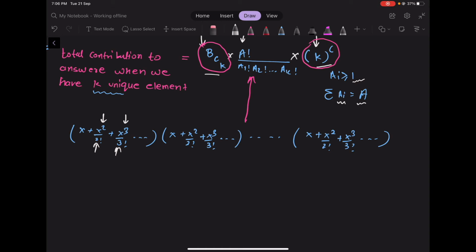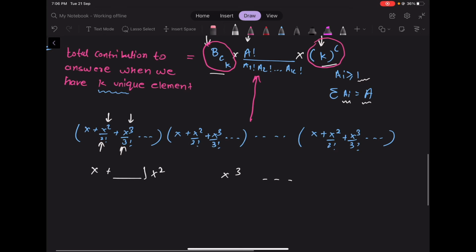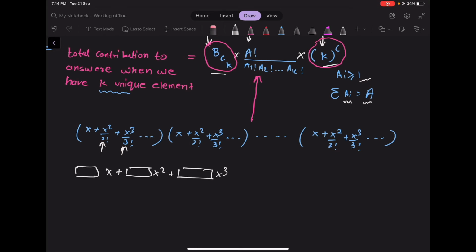So now if we multiply all of these k polynomials, then in the end we are going to get a polynomial of the form x and x square and x cube and so on. So all of these terms are going to get some coefficient here. So now let's try to understand what is going to be the coefficient of some generic term x to the power alpha. So now let's consider that from this polynomial we took an element with the power x to the power alpha 1, and from this polynomial we took a term with x to the power alpha 2, and till from this last polynomial we took an element with x to the power alpha k.